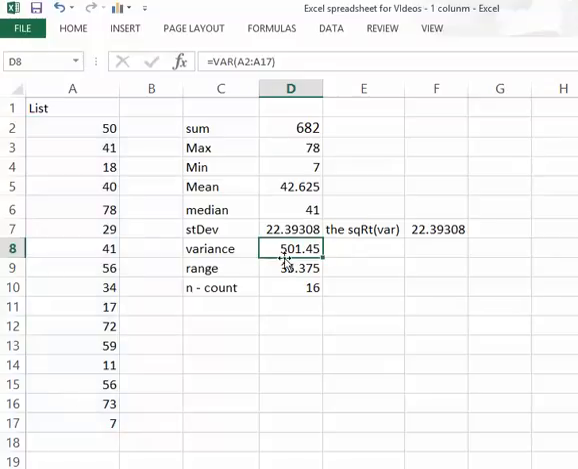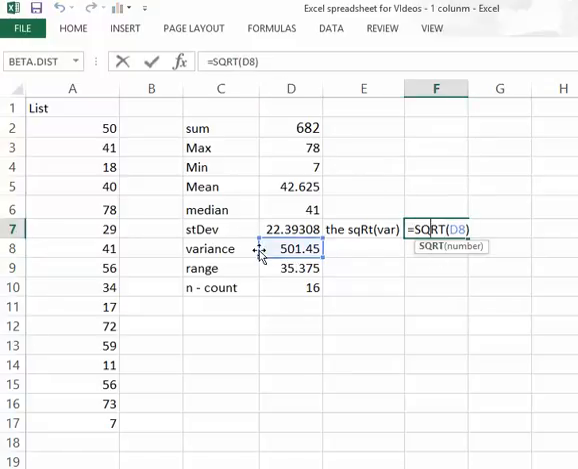Now I can find the variance by using the VAR function. And notice the relationship between the standard deviation and the variance. The standard deviation is nothing more than the square root of the variance. And I prove that here by finding the square root. Notice the formula I use for finding square root, equals SQRT. And then I just simply clicked on cell D8 to indicate that was the cell that I wanted to find